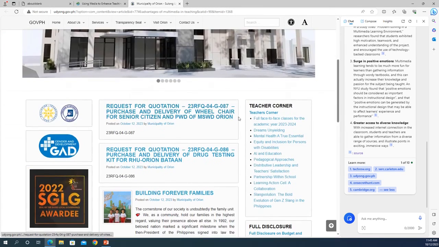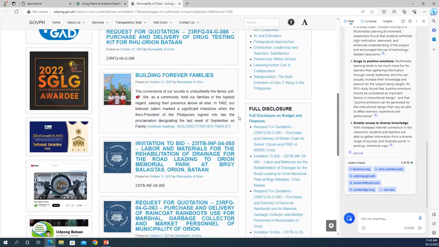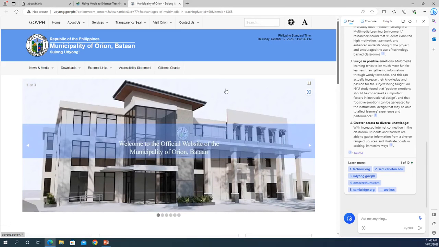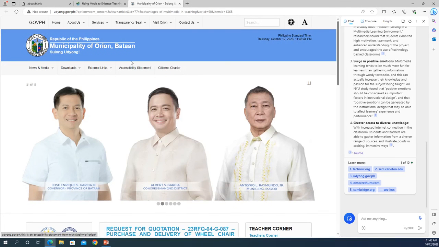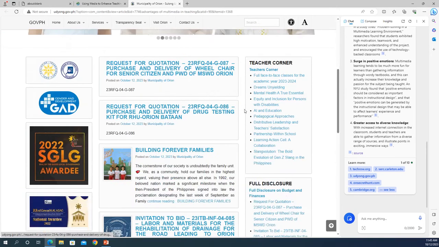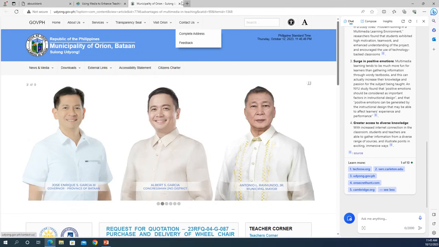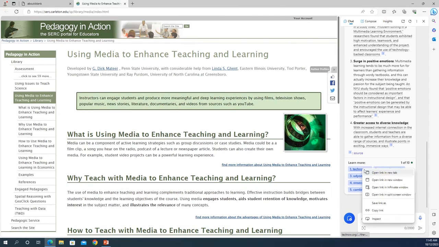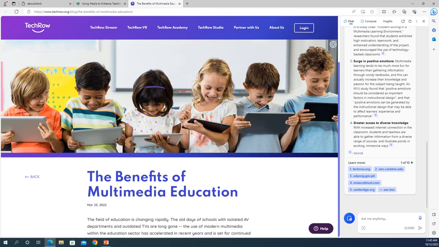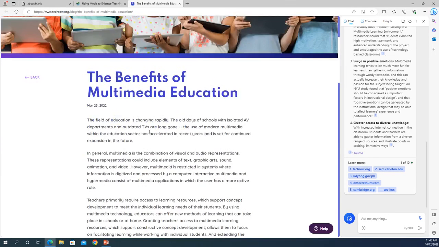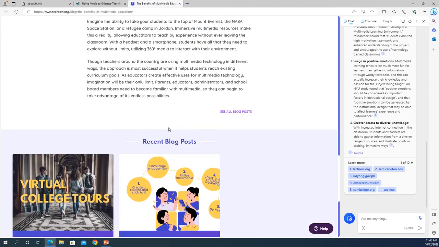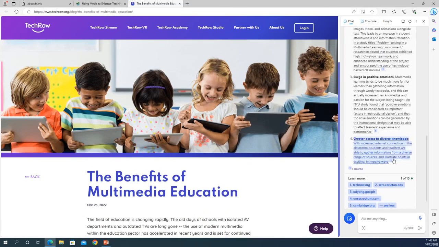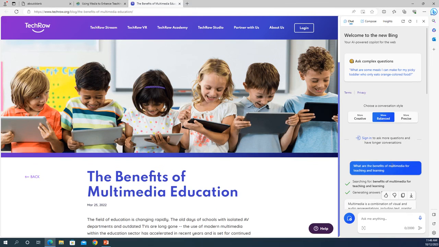And let's see, maybe, so it did not actually take us somewhere. It scraped some info. And so probably somewhere on this website there would be information maybe from a teaching and learning subpage on this government website. So we're going to close that one, and let's just click on the first result that it found, which is probably the one that got the most hits from the Bing search engine. So TechRow has this article about the benefits of multimedia for learning. So pretty cool tool. Again, there's a lot you can do with it.